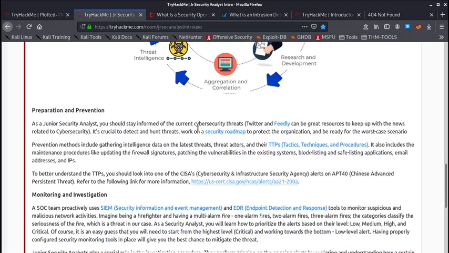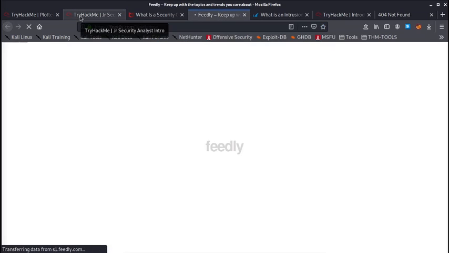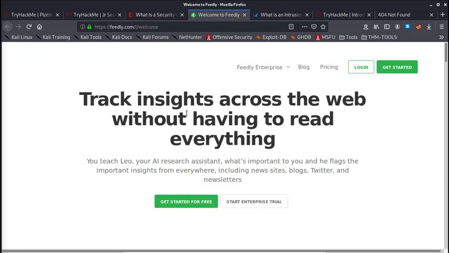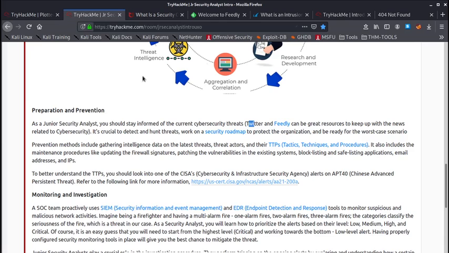So, preparation and prevention: as a junior security analyst, you should stay informed of the current cybersecurity threats. Twitter and Feedly can be great resources to keep up with the news related to cybersecurity. It's crucial to detect and hunt threats, work on a security roadmap to protect the organization, and be ready for the worst case scenario. Prevention methods include gathering intelligence, data on the latest threat actors, and their TTPs, or tactics,